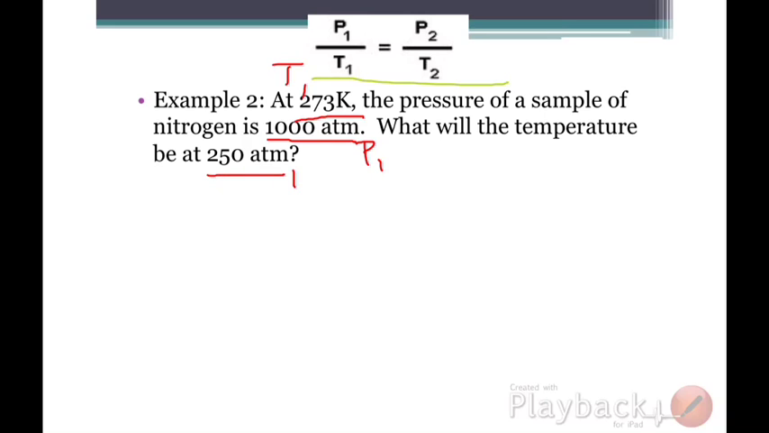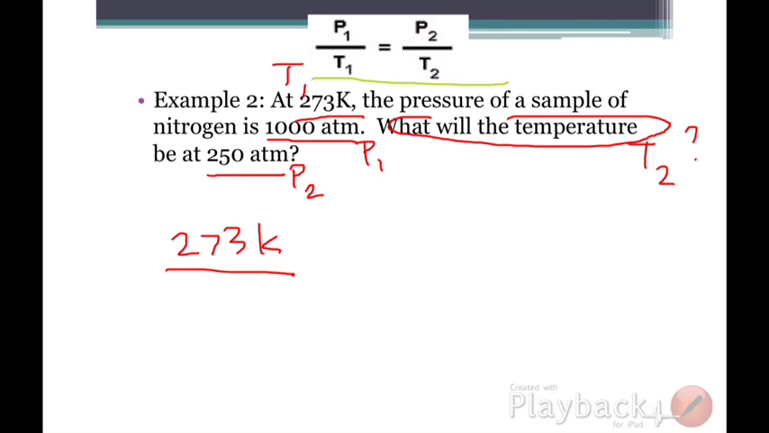250 atmospheres is our P2. And this says, what will the temperature be? So this is our T2, and it's our unknown. So let's go ahead and make our proportion. So we have that 273 K over 1,000 atmospheres equals